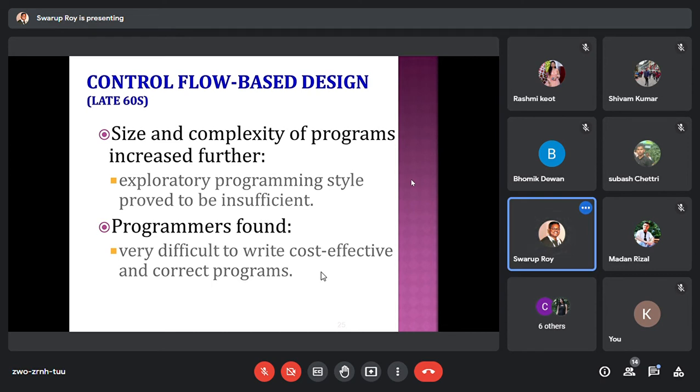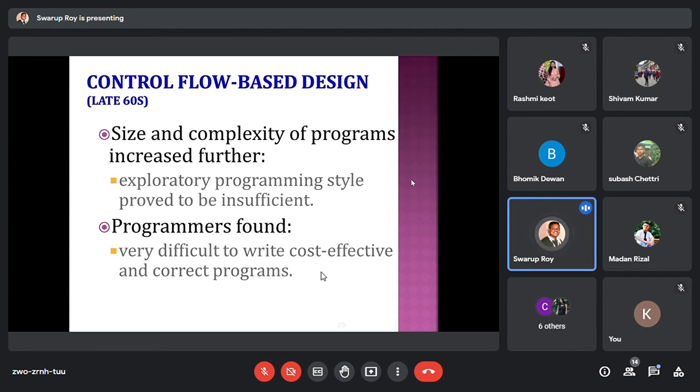The fact is that it's very difficult at that time, with that complexity. Simple programmers cannot develop a correct program in a cost-effective way, because if the complexity of the program is very high, there are chances of bugs occurring.